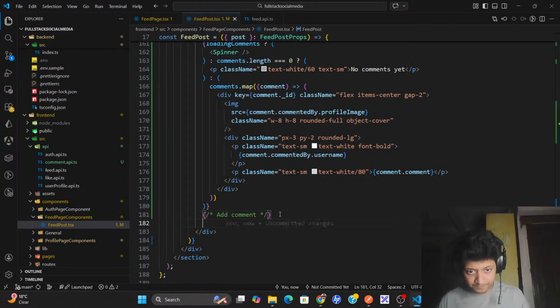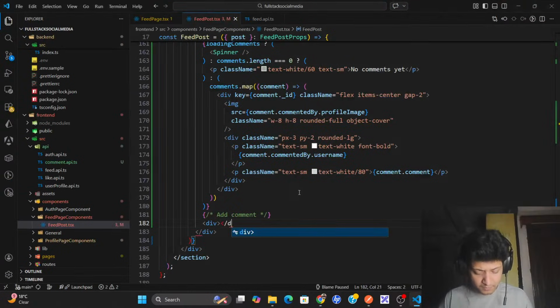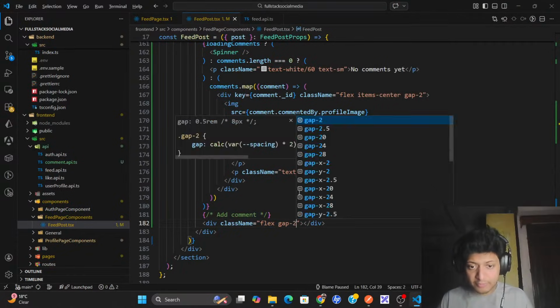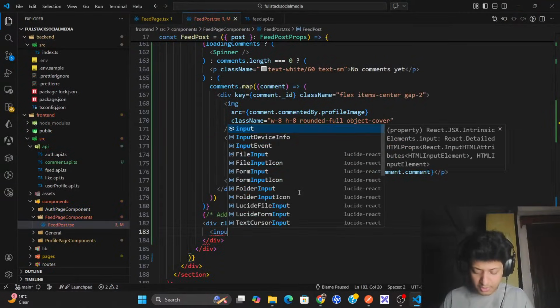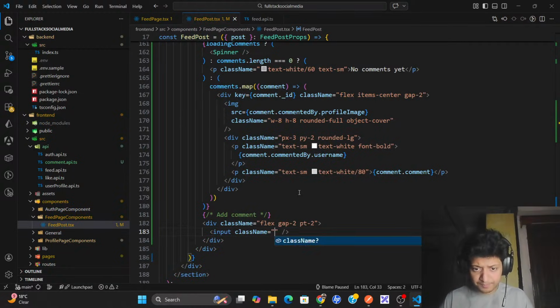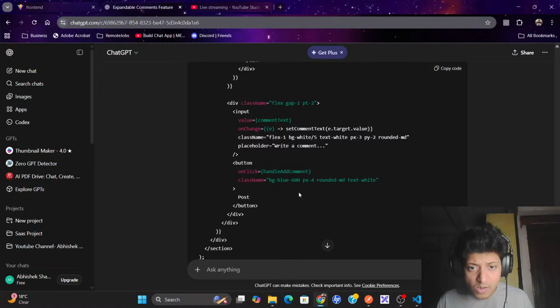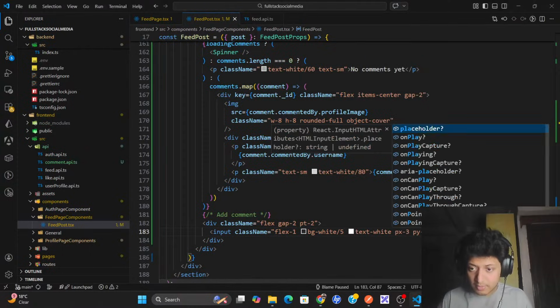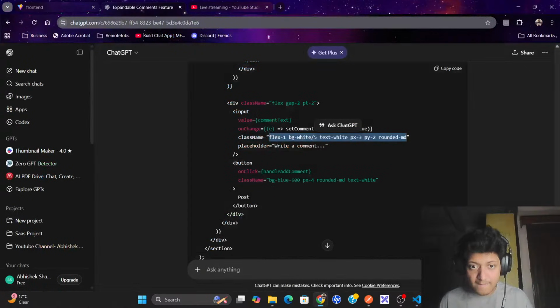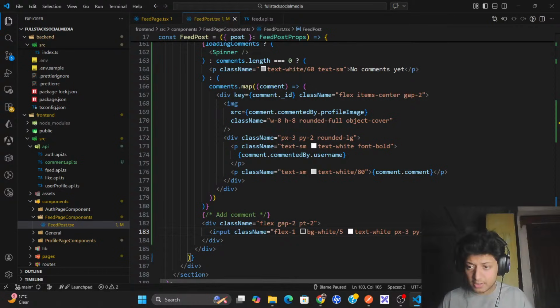Add comment part, div, div class name flex, gap of 2, pt2, and there will be an input, there will be a class name, this class name I'll put, then there will be a placeholder, write a comment,